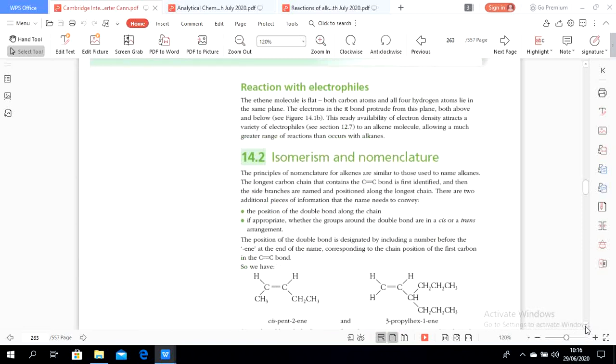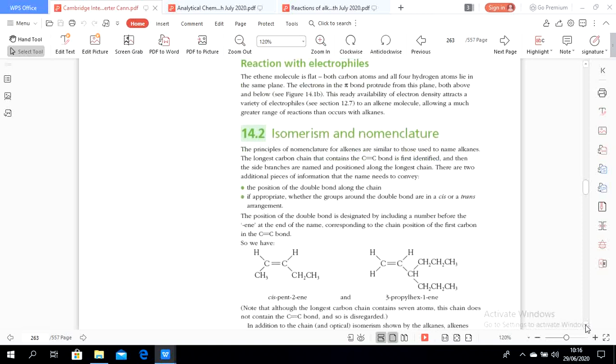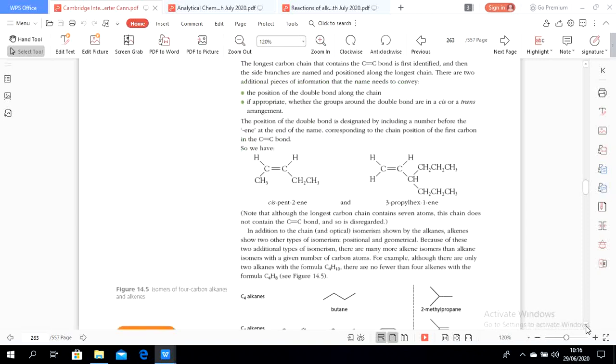Alkenes will undergo electrophilic addition. Why electrophilic addition? Because the double bond has a high electron density that can repel the electrons in a molecule. That makes a molecule break up into an electrophile and a nucleophile. The electrophile is attracted to the double bond, which has an excess of electrons, and makes a covalent bond to the electrophile.